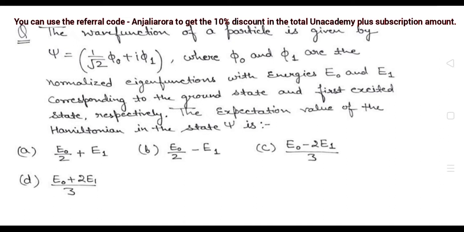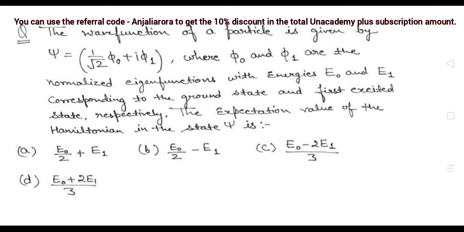No, they have already provided us the energies for different states, that is E naught and E1. And since in the options it has been mentioned directly, we can directly write E naught and E1. So that means E naught P naught plus E1 P1. That is the expectation value of energy as per the other method.